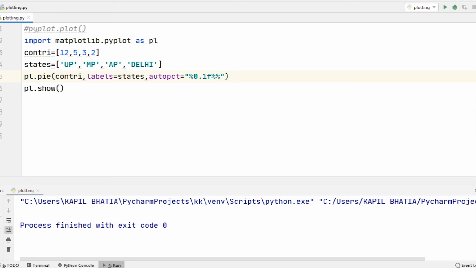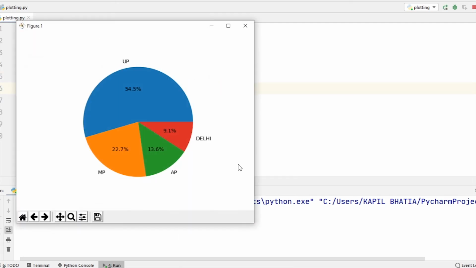Here %0.1f%% specifies that there should be one digit after the decimal and as many digits as needed before the decimal. The second % sign after 0.1f specifies that the percentage sign should be shown along with the percentage. So when I run this code, you can see the output. Here you can see the percentage portion. So I hope you understand how to use autopct.